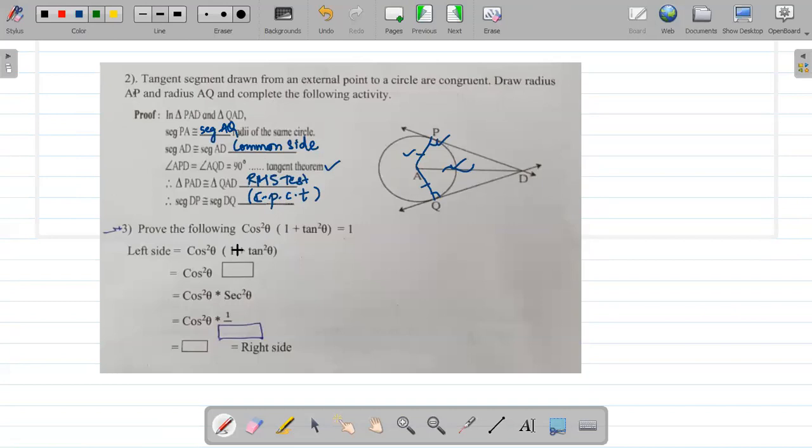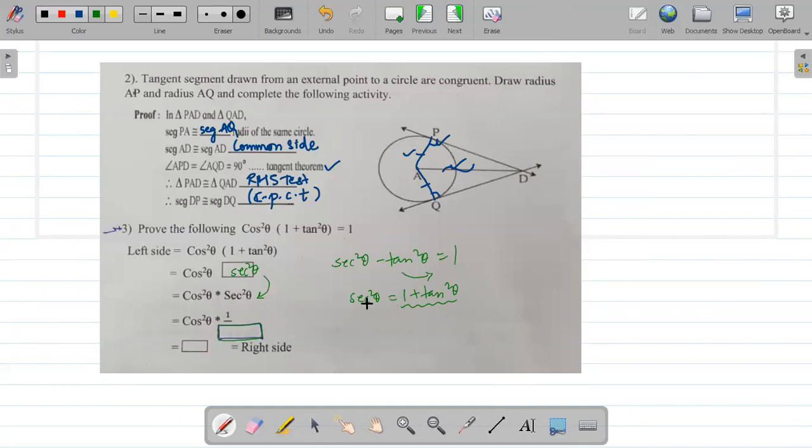For the next one, yeah, one box was missing. So here there was supposed to be one box. Now we know sec square theta minus tan square theta equals 1. So if we shift this tan square to the other side, we get sec square theta equals 1 plus tan square theta. So 1 plus tan square theta is actually sec square theta. We replace 1 plus tan square theta with sec square theta like that. You could clearly see it is a sec square theta here as well.